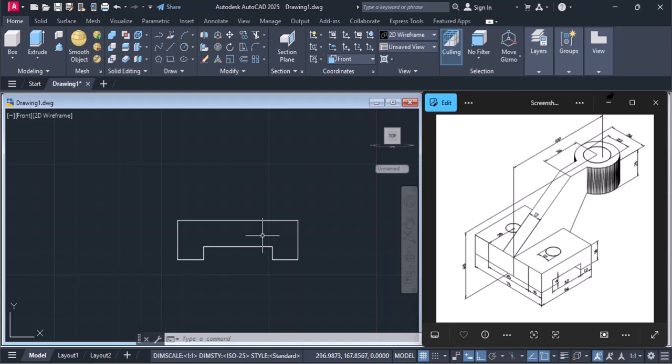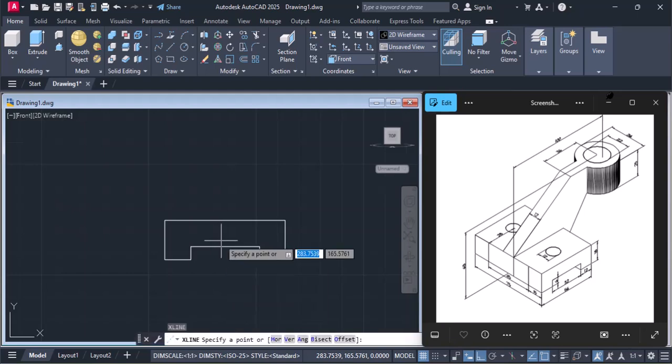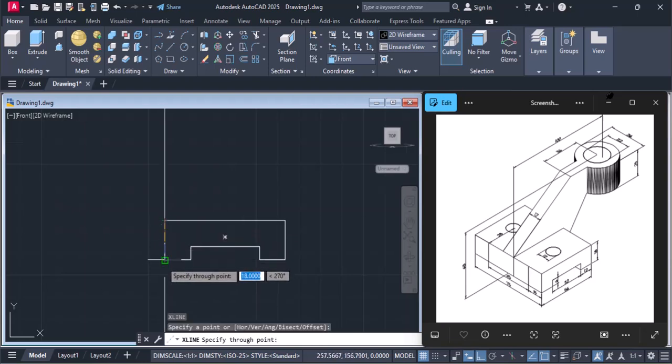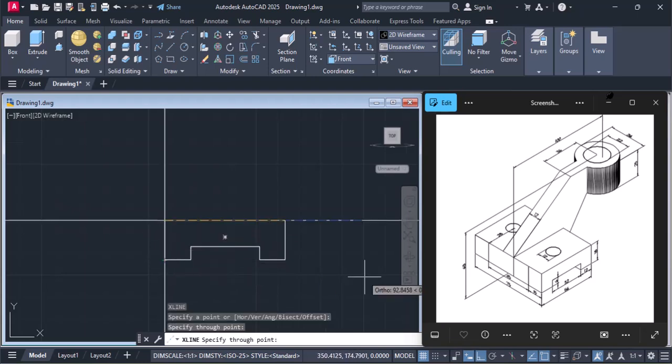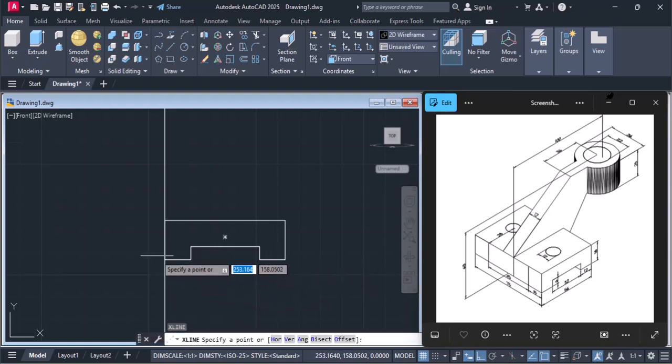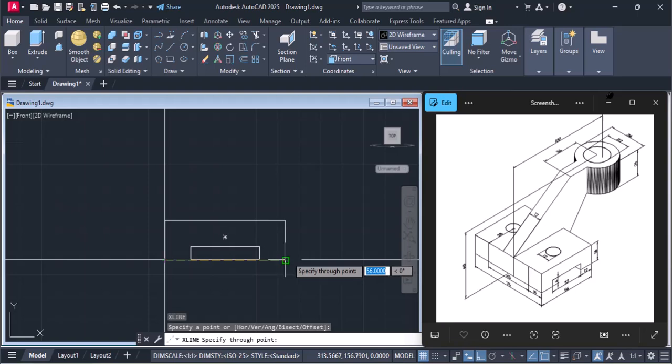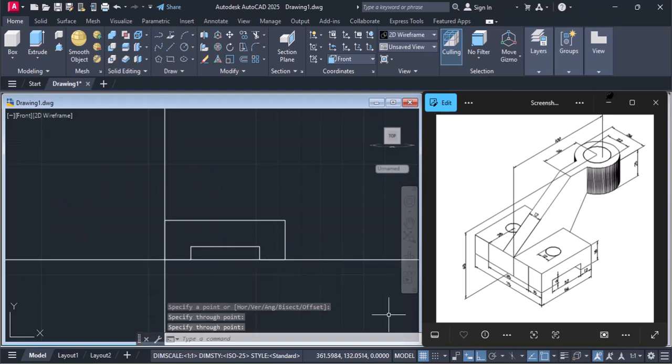Now the next thing which we'll do is we'll create two construction lines. So we'll type XL for beginning the construction line and we'll make one vertical construction line this way. Hit enter and again XL and make one horizontal construction line this way and hit enter.